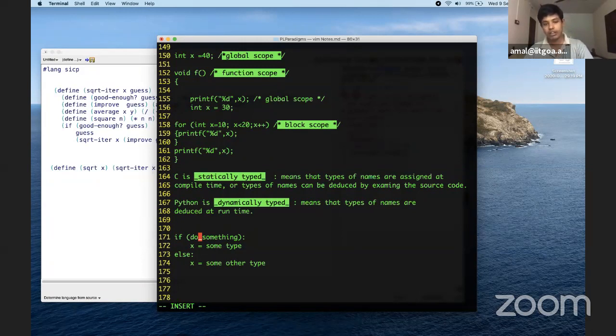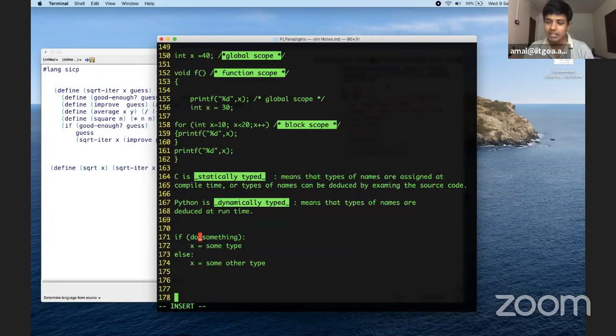So if I have this piece of code, to know the type of x, I have to actually run the program. And in compile time, you're not running the program, you're only translating it. Running the program is done by an interpreter or when you execute the program. So therefore,